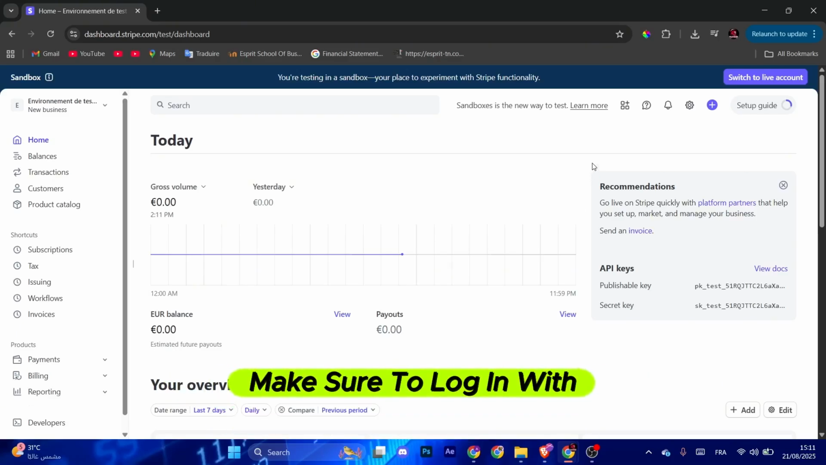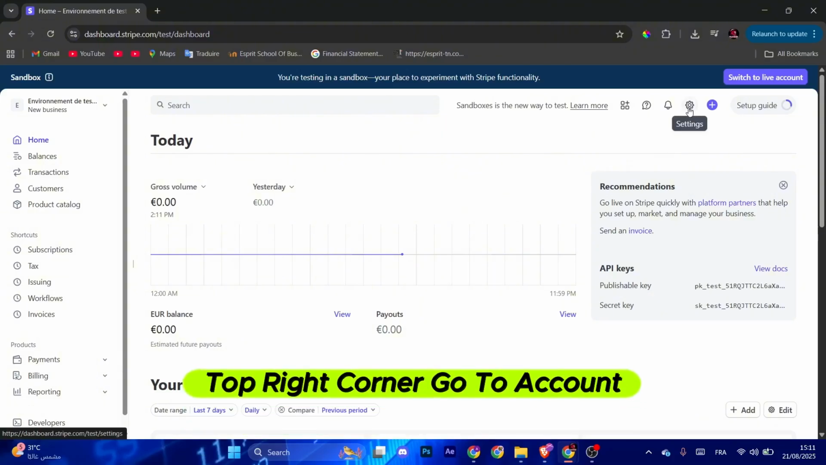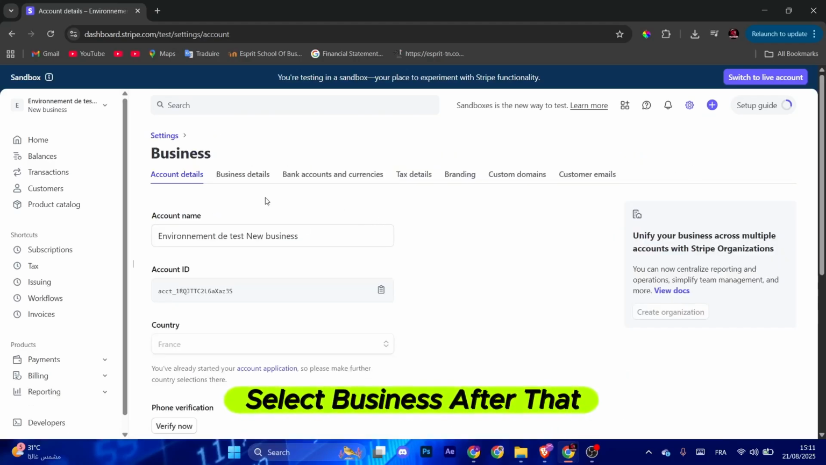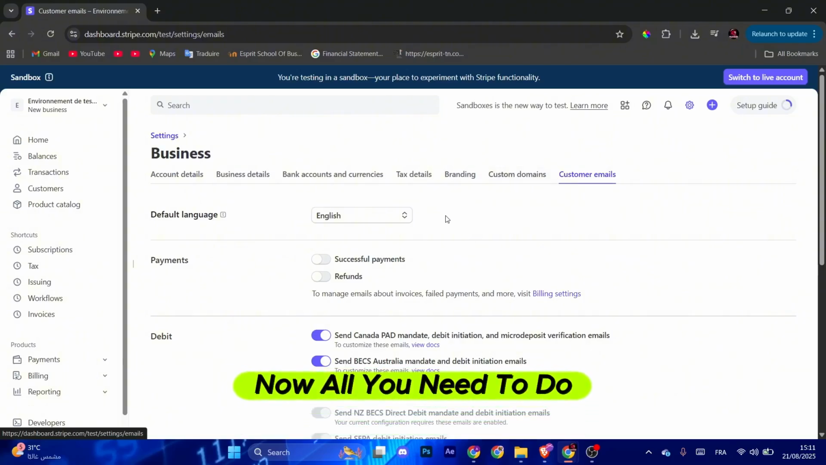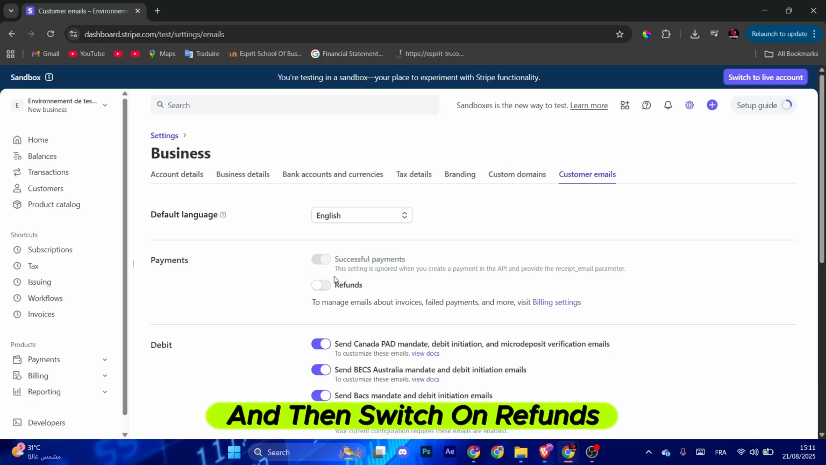First of all, make sure to log in with your correct credentials. After that, go to the settings top right corner, go to account settings section, select business. After that, go to the last tab which is customer emails. Now all you need to do in the payment section, make sure to switch on successful payments and then switch